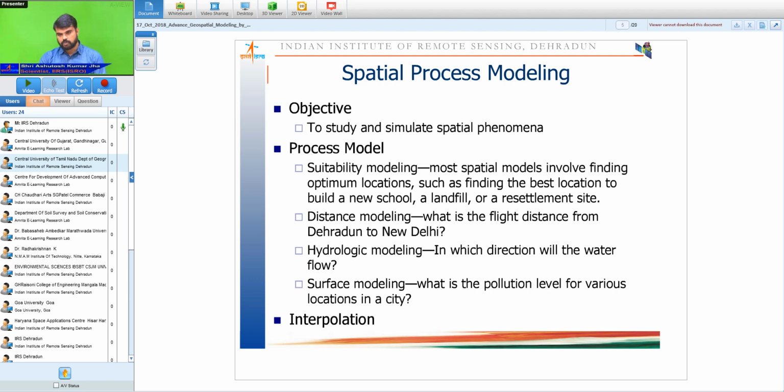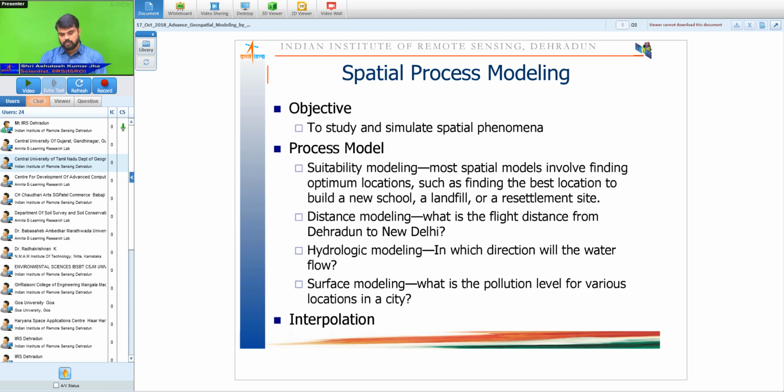Problems of that kind can be defined under that. So under that we will have a few variables: if you want to have a school, then it will have a specific catchment area. It should be accessible easily from the road network and so on. So we can define a set of parameters, and that can be used based on the layers available